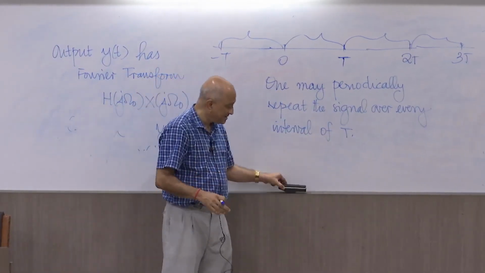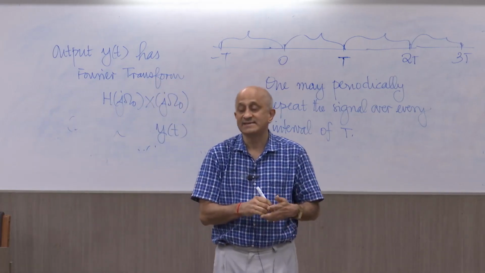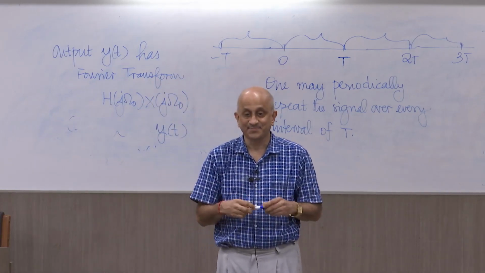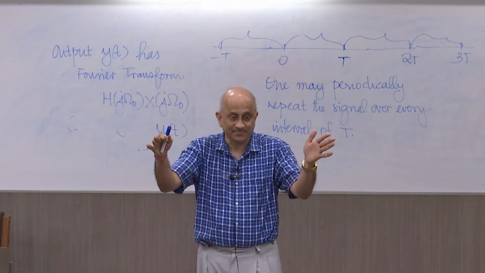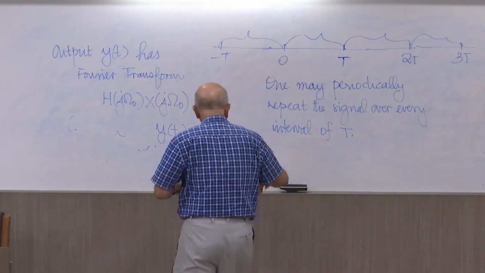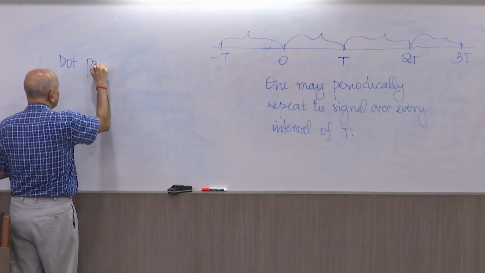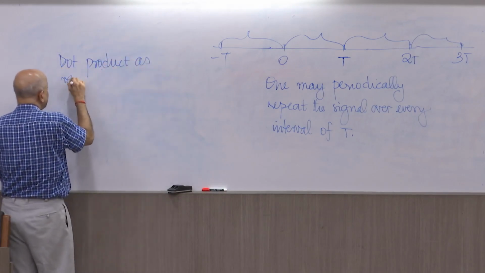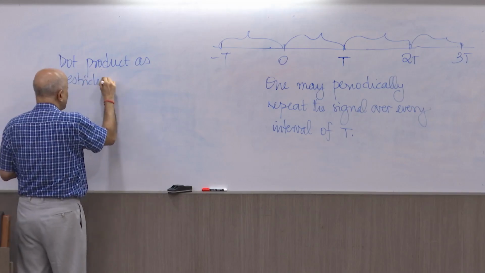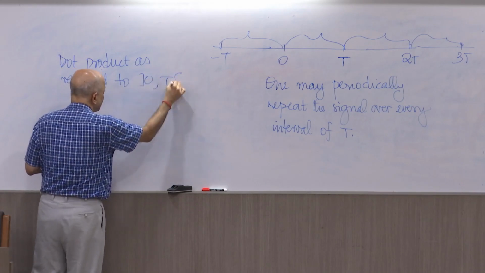You see, earlier you were taking a dot product by thinking of the signal as lying on the entire time axis. Now I take a dot product only on the 0 to T. So what would that dot product be? So the dot product as restricted to 0 to T is